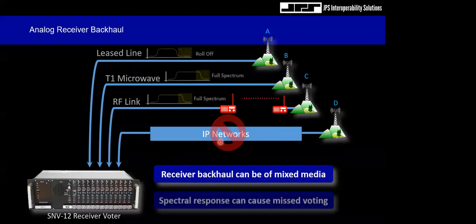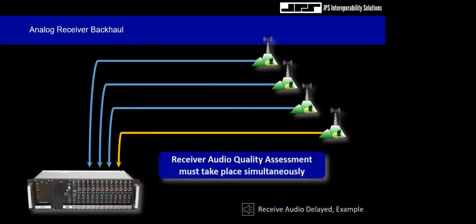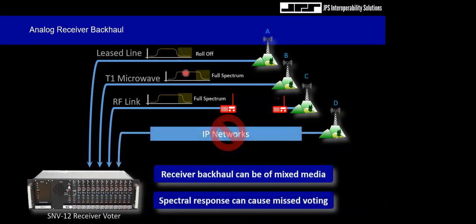All right, so mixing these medias, you can have lease line, RF microwave, RF links and microwave, all backhauling into the same system. The issue we see with that is roll off. Remember, our bread and butter is spectral noise at the high end. Well, if I start rolling off information at the high end, I'm rolling off the noise as well. And I might, as a voter, look at this link and say, that's of high quality because I don't measure a lot of noise. But in fact, I'm being fooled, because of the high end roll off on some of these